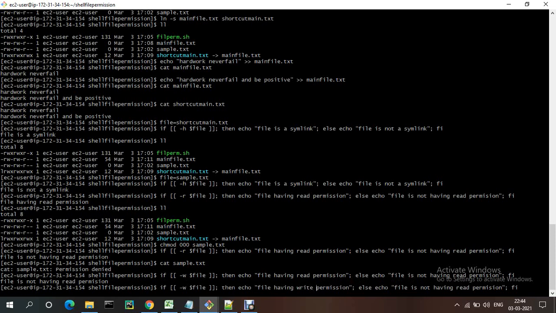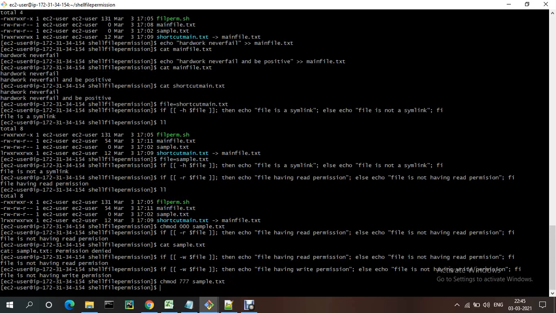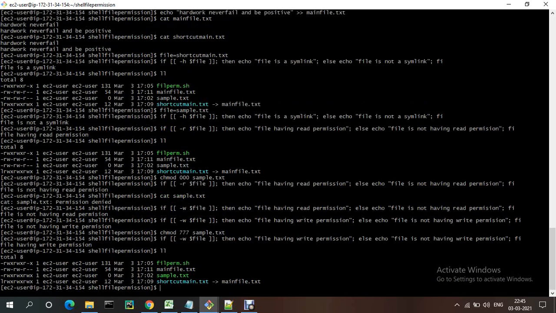Write permission, file is having write permission. Okay, file is not having write permission. Give 777 to sample.txt and try to execute. See, file having write permissions.